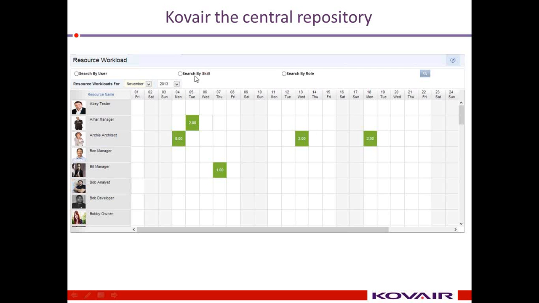As you can see, we can search by user, by skill, by role, and filter it to see the availability or the work allocation of the resources. CoWare not only shows the work allocation, but also allows you to see the availability of the resources.